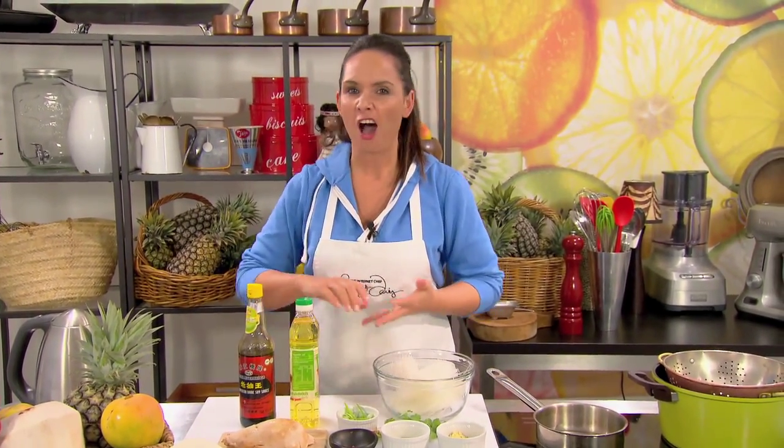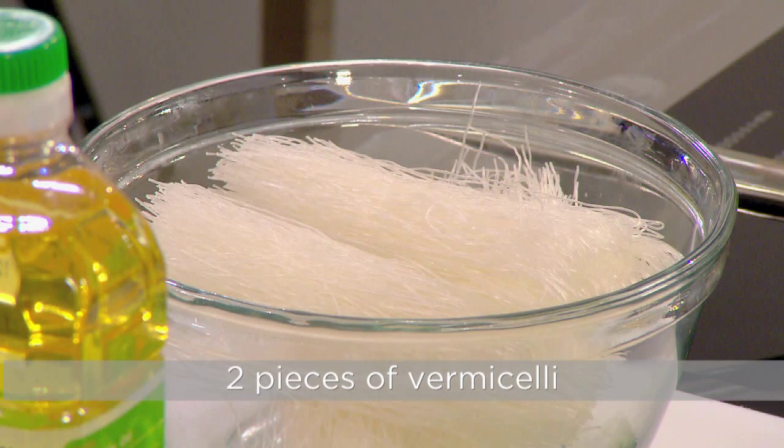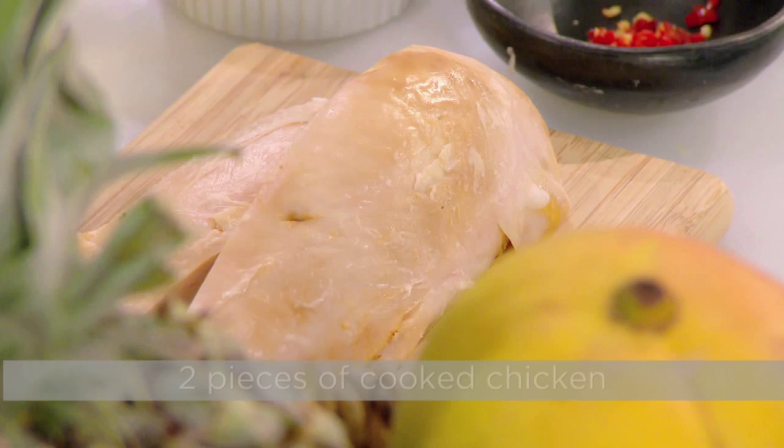In today's episode we're going to make an absolute favourite, and that favourite is chicken chop suey. But our chop suey is going to be a healthy version, low in fat, high in protein, and perfect for an after game meal. Now what you will need is 2 pieces of vermicelli, a couple of pieces of cooked